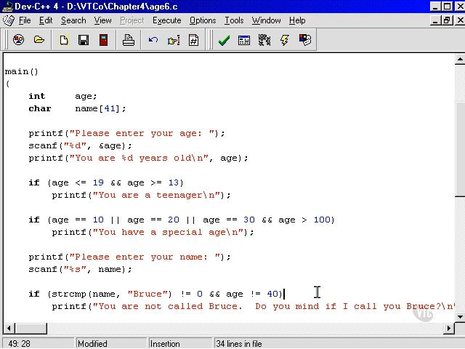Now let's have a look at not. Remember the exclamation mark. Okay, let's go back up to our teenager example. We want to say you are not a teenager. We want this to be a valid piece of code. Now clearly that's not right at the moment, because it'll be the opposite. So we can change that, and here's what we can do. We can put a great big not in there. Not age is less than or equal to 19 and age is greater than or equal to 13. Not any of that. If we put the exclamation mark in there, then theoretically that will be true,